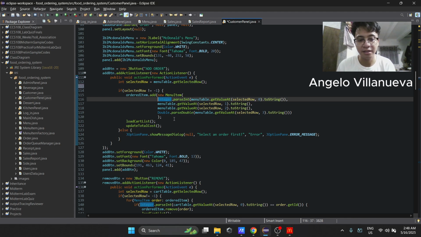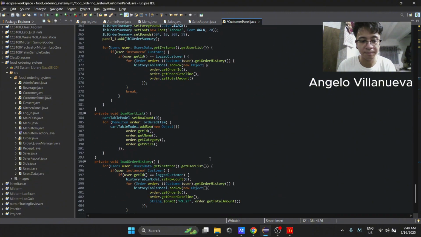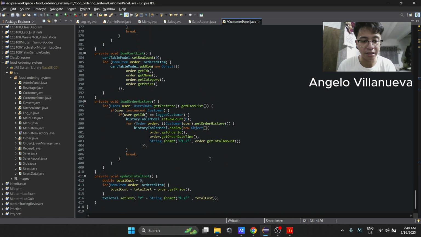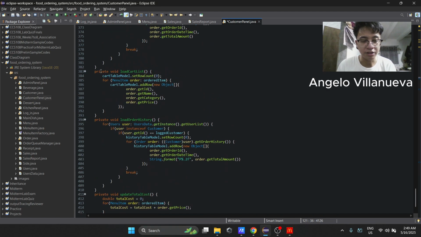After that, we call loadCartList, which is a private method in our customer panel. The loadCartList will help us display all the menu items we added to our order cart.